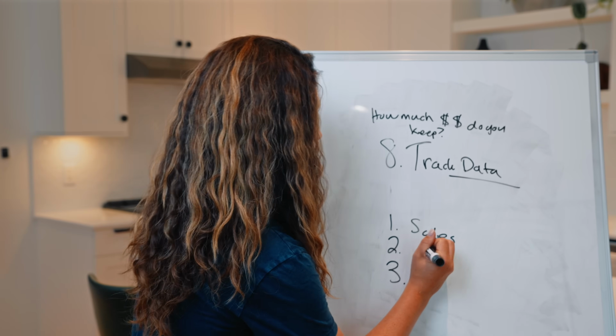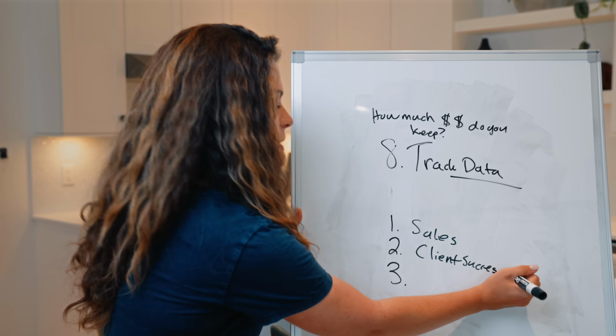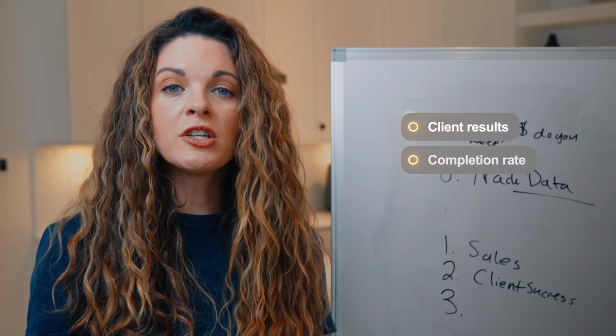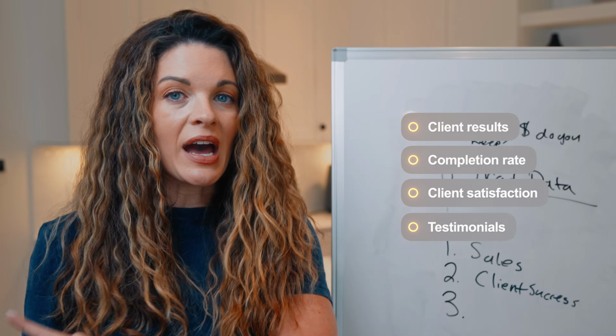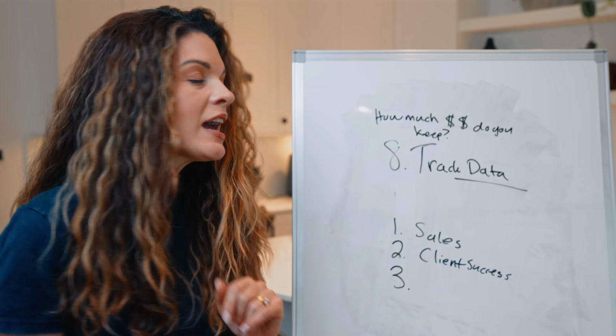Second, probably not shocked by this, but really important. Client success. Are people getting results from your program? What's your completion rate? How satisfied are your clients? Are you collecting testimonials regularly? Are people volunteering testimonials to you? If these numbers are bad, no amount of marketing will save a crappy offer. Okay? Third,